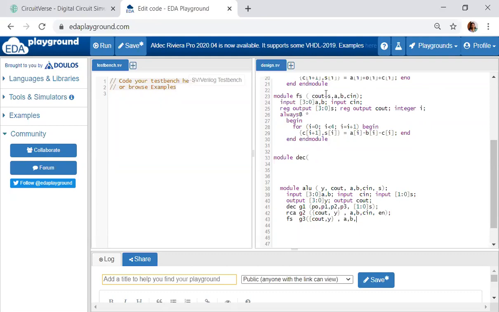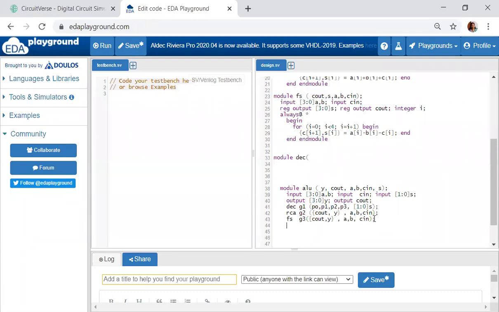If you see the full subtractor, C out and S, I have written A, B, C in. So it should be A, B and C in. Now this enable will not be there, because when instantiating the full subtractor I have only 4 parameters, so I should only have 4 parameters over here.